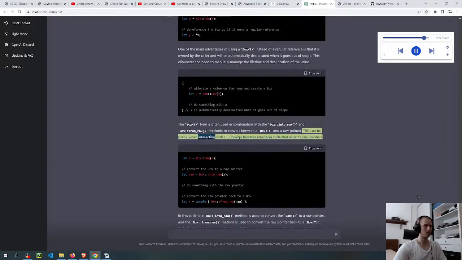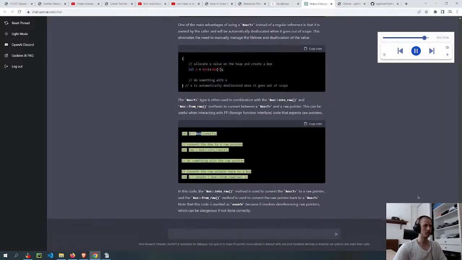This can be useful when interacting with FFI, foreign function interface, code that expects raw pointers. let x = Box::new(5); // convert the Box to a raw pointer: let raw = Box::into_raw(x); // do something with the raw pointer // convert the raw pointer back to a Box: let x = unsafe { Box::from_raw(raw) };